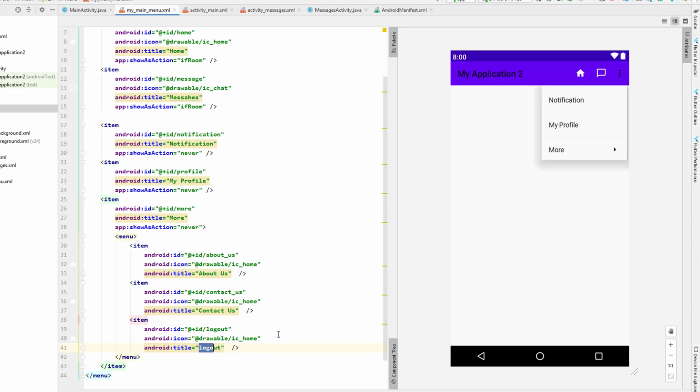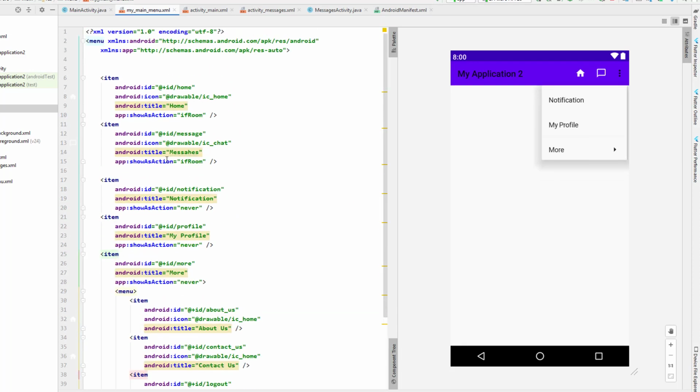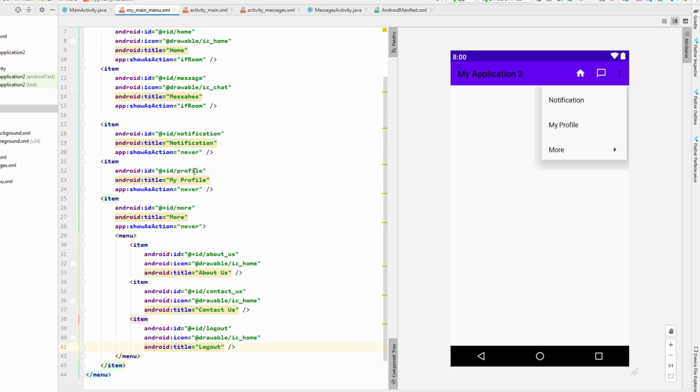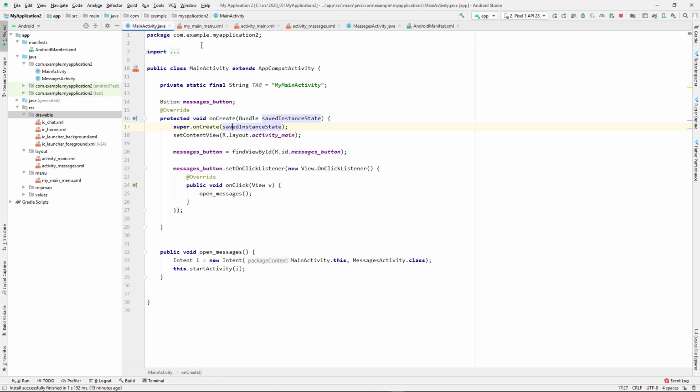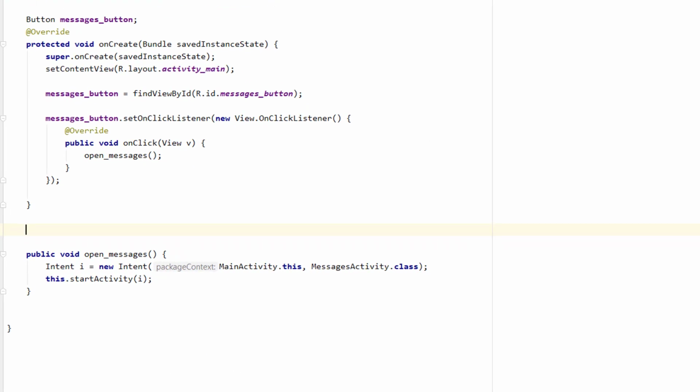So by doing that, we shall have created our menu layout, and this is nothing but an XML file that is here under the menu resource folder. So after creating that, now we're going to put this menu in our application. So to make this menu appear in our application, we shall have to come to our activity, and then we have to override a function of